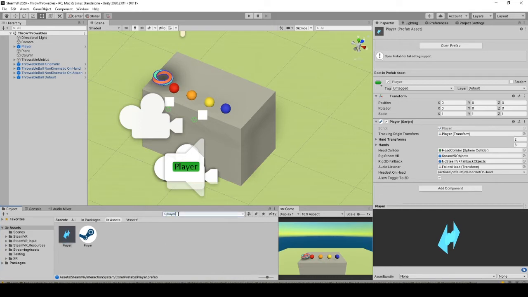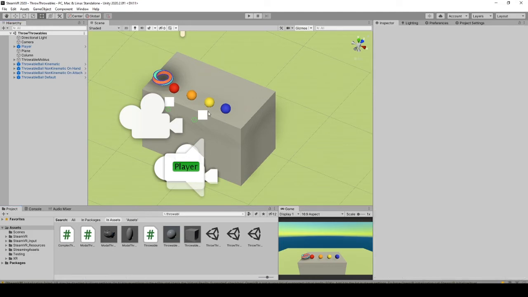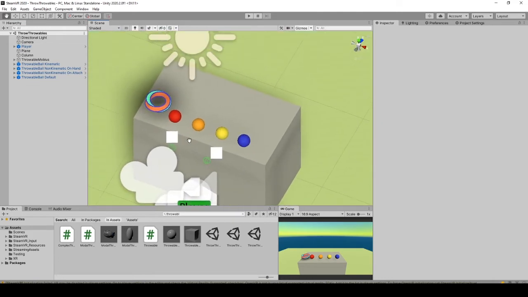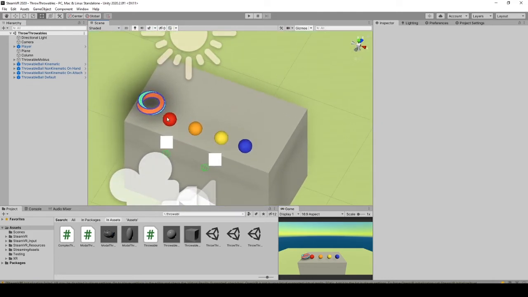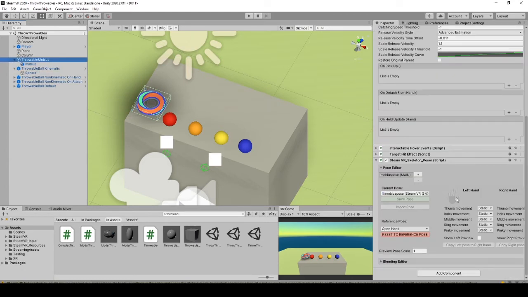Throwables, again taken from the prefabs, searching for it, drag and drop. It is in Assets, SteamVR, Interaction System, Samples, Prefabs. Here the objects hovering over the column are throwable variations with different settings as well as materials. There is the one with a different model to show you that you can change the 3D model but have the same throwable behavior. To do so, delete the child sphere, add your model, and add a collider to your model. If you are up for the task, you can set the pose for the glows.